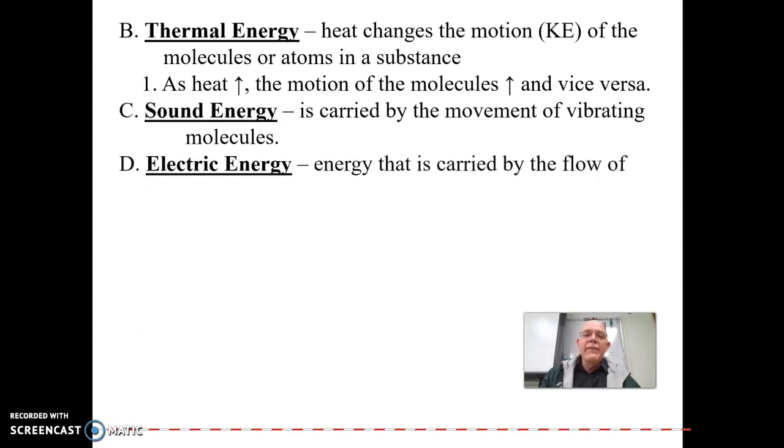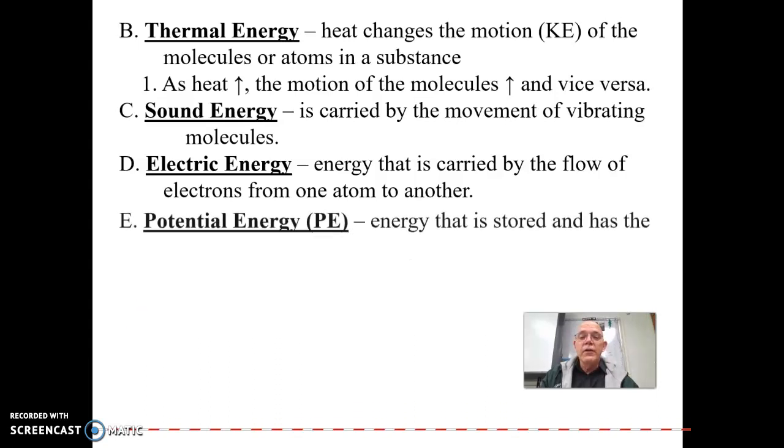All right, and then we have electric energy, which is basically the flow of electrons through a wire, from one atom to another, and it has to be in a circuit so you don't run out of electrons, so they just keep going around and around, kind of like a NASCAR race, unless someone crashes or something, which does liven things up. But anyhow, there you go. It's just moving, so it's also kinetic energy.